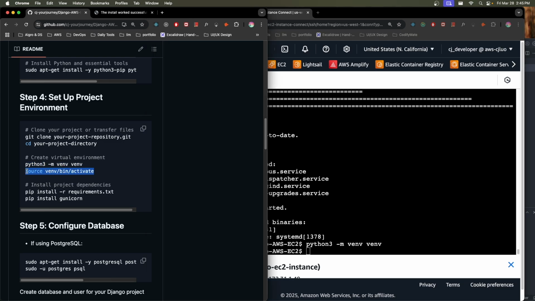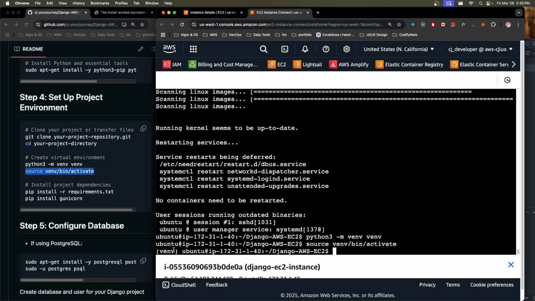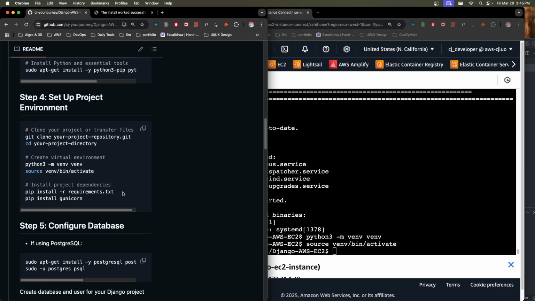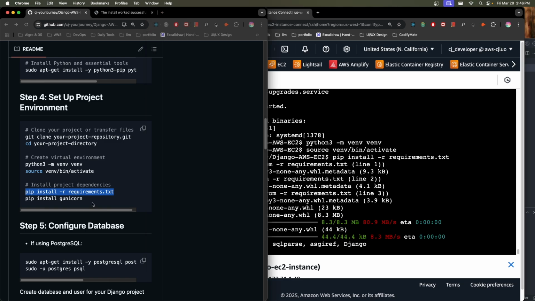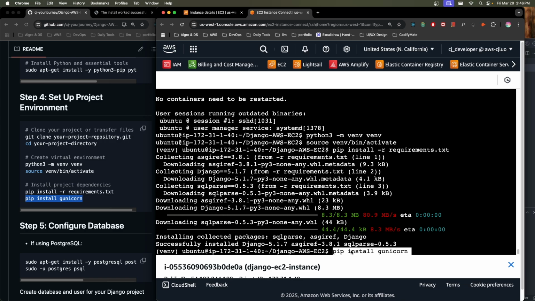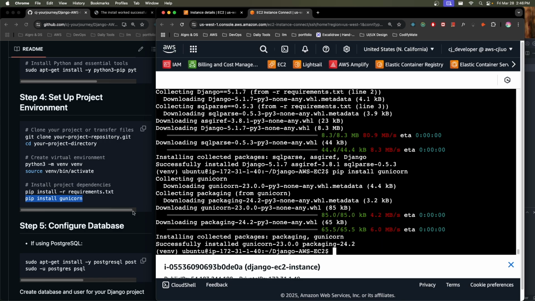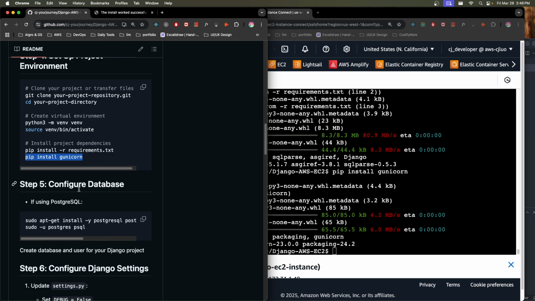Looking good. And we activate the virtual environment on the server. Do you see here? There is the venv. And we install all the dependencies. And Gunicorn, we install Gunicorn. So looking good. And in this video, we're not gonna configure any database, but if you do, you just follow